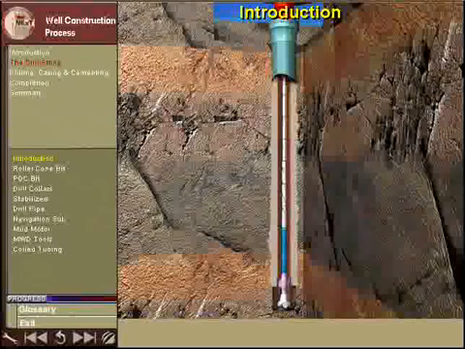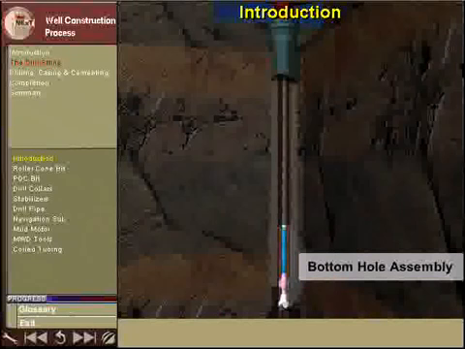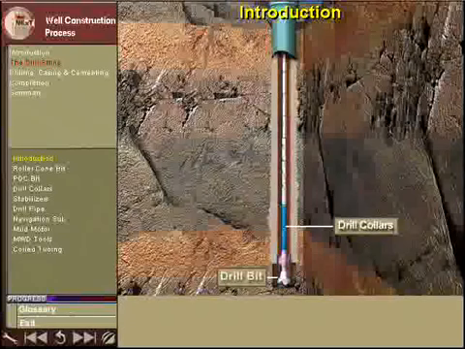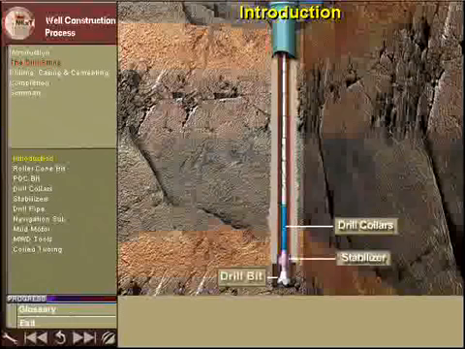a drill string. The drill string consists of the pipe and other equipment that are used to actually drill the well. We will discuss the drill bit, which is the rock cutting tool, and is connected to the bottom of the drill string. The portion of the drill string above the drill bit is known as the bottom hole assembly, or BHA. The BHA is made up of drill collars, which make up the major part of the BHA, stabilizers, which are placed strategically in the bottom hole assembly, and drill pipe, which makes up about 95% of the length of